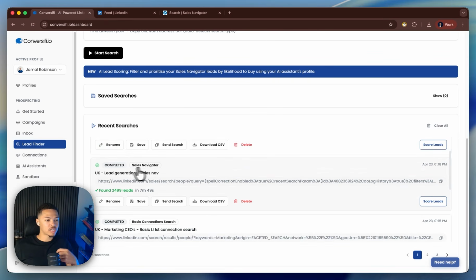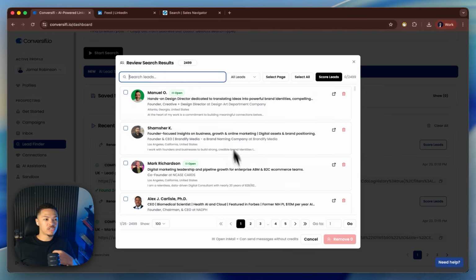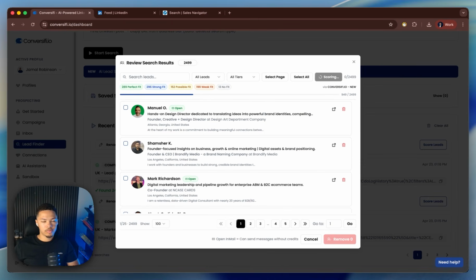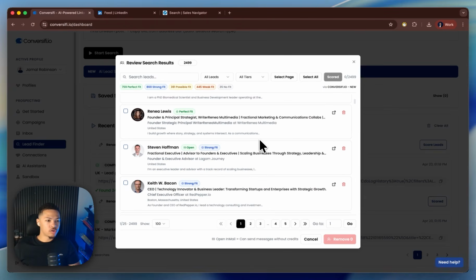So for this one, I'm going to select the Sales Navigator search. Once these leads load up, I simply select the assistant that I want to score the leads. For example, the Conversifi assistant is trained on everything about Conversifi. So it's going to look at all of these profiles, read everything about them, and choose who are the best fits for us to reach out to first about Conversifi. Okay, so the AI scoring has now been completed, and my assistant recognized that there are 759 perfect fits,